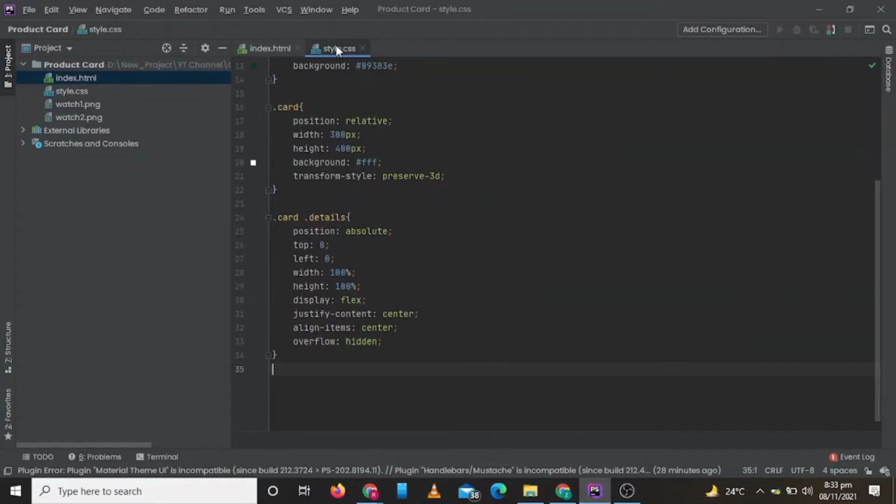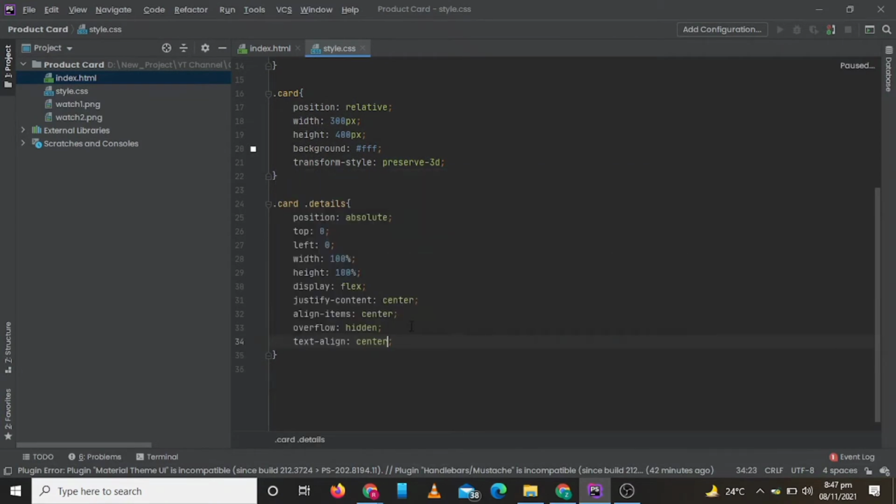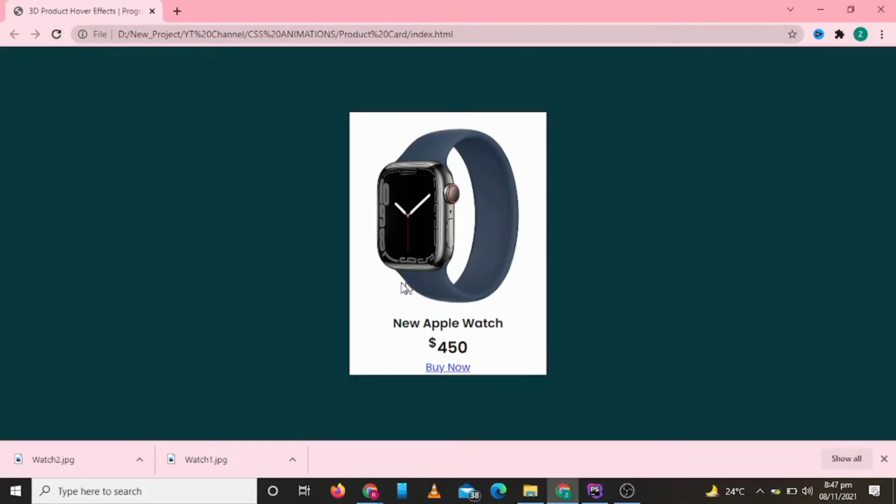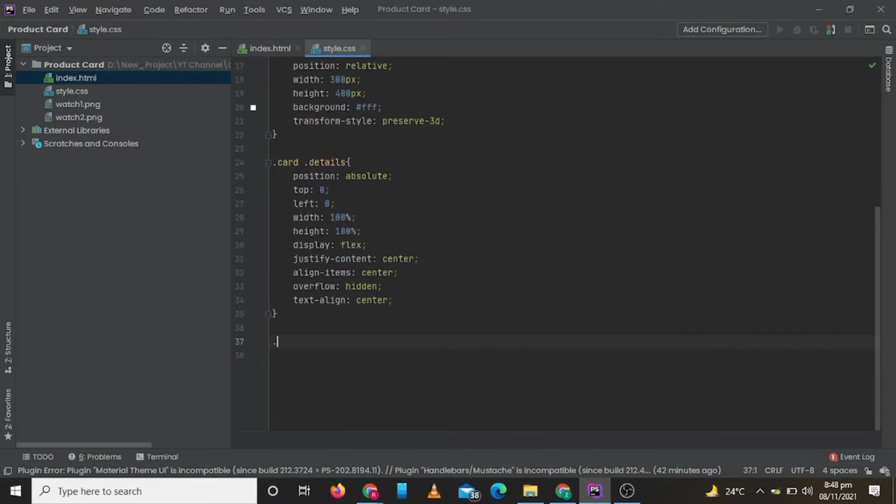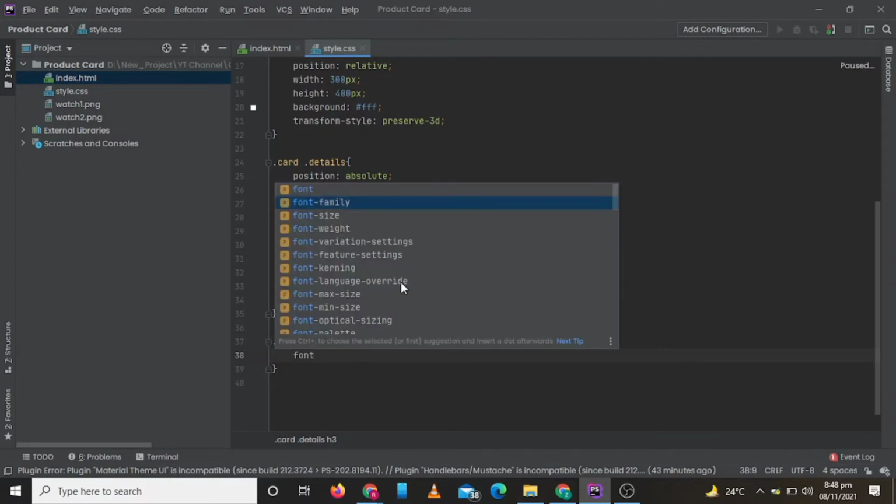The text is not aligned, so let's align our text. Now let's write CSS for our h3 element, product name and price as well.